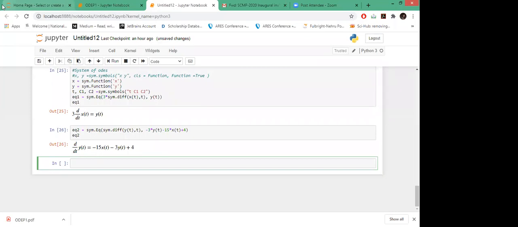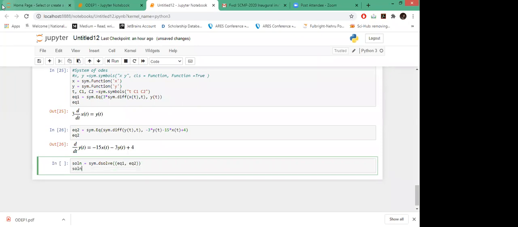So we want to solve it for this. When you pass this, again we will use the same dsolve, but in this we will pass both equations in the circular brackets, equation 1 and equation 2.